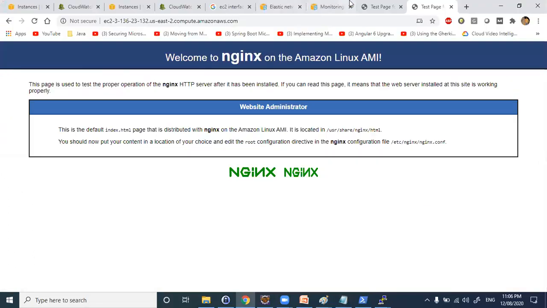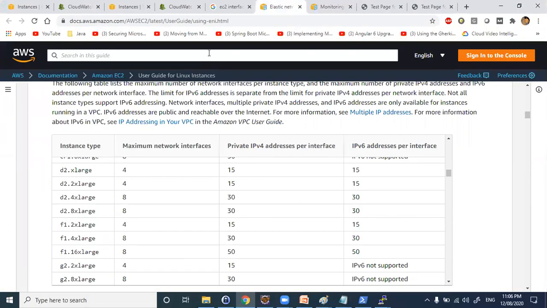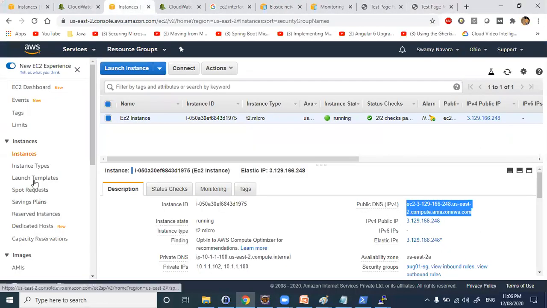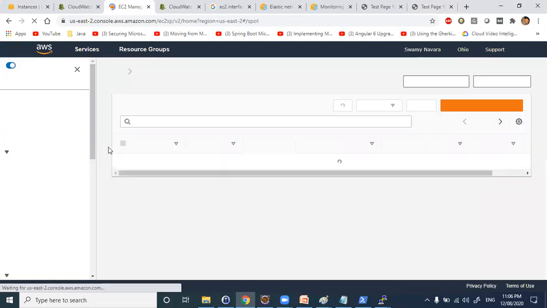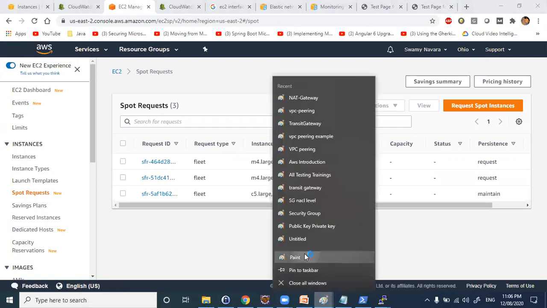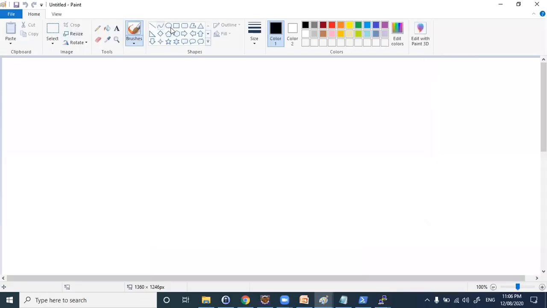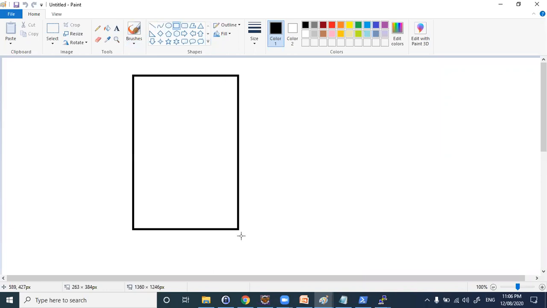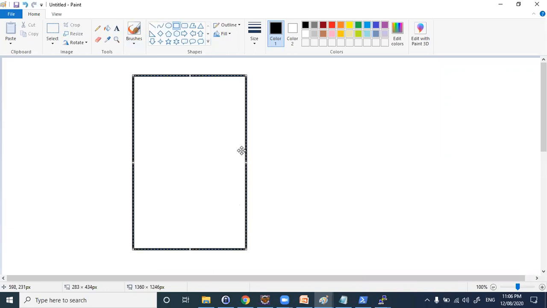Okay. So let's quickly complete. Give me 10 minutes. I'll try to complete these other options like spot requests, reserved instance, and dedicated. Dedicated host we already discussed. Let's see what are spot instances. Say in Amazon data center, right? So what they're doing is, let's assume this is a rack. This is a rack in one availability zone. Okay.